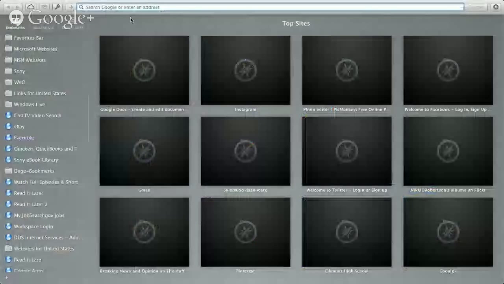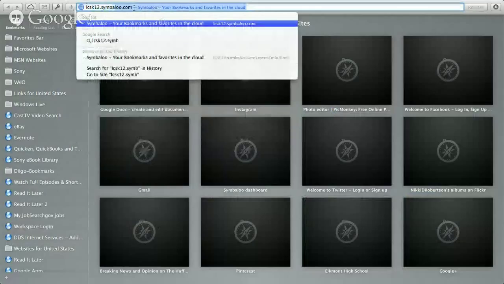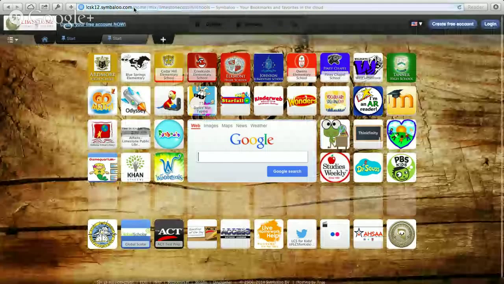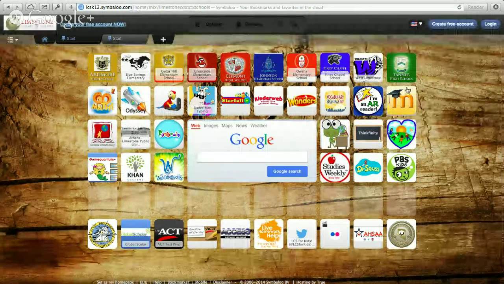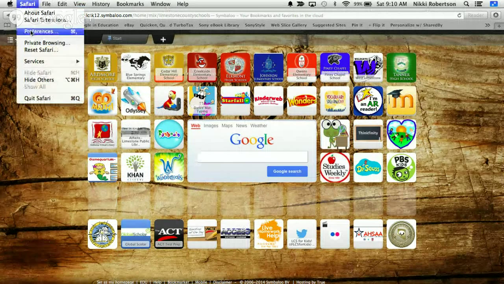All right, so in Safari, again, the same thing. We'll do lcsk12.symbaloo.com. And then once the students have that typed in, click enter. All right, so again, here we have the Symbaloo page. This time we're going to go up to the menu bar, and instead of clicking on Chrome, we're going to click on Safari. We'll click on Preferences again,